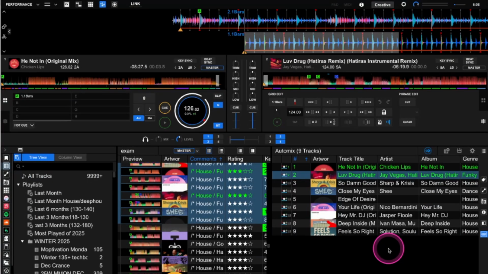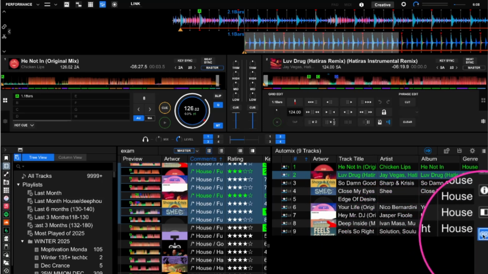Hello, everyone. So I just want to talk about something that I went over a little too quickly last time, and something that I was actually incorrect about, which is the Automix feature in Rekordbox, which I don't really use,